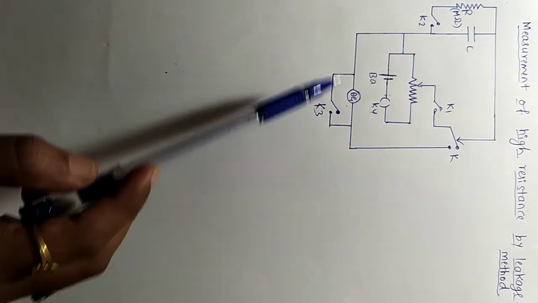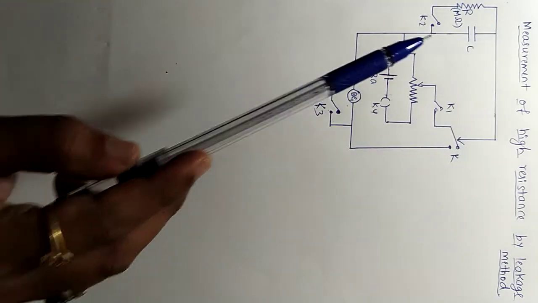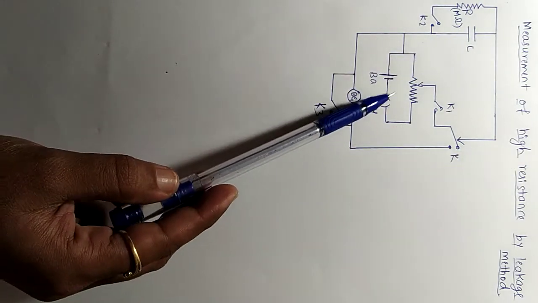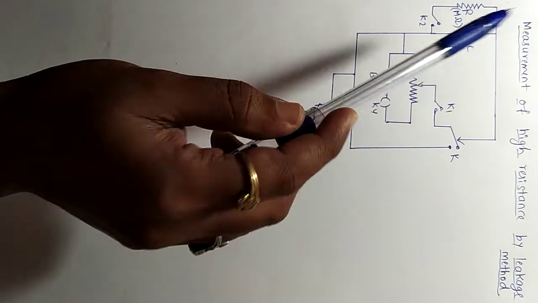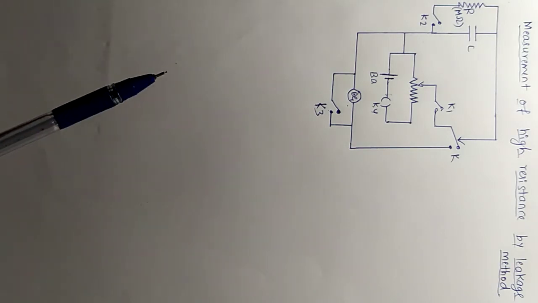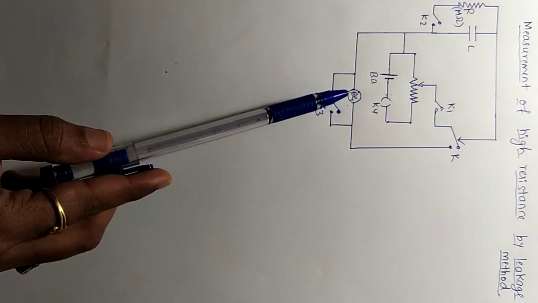See, when we press all the keys, the current starts to flow. When current is flowing in the circuit, then the capacitor starts to store the charges. At the same time, when you open the keys, whatever charges had been stored will start to leak through the capacitor. So when there are charges in a capacitor, that will be determined by the ballistic galvanometer. That is the function of the ballistic galvanometer. So I hope you understood every element of this circuit diagram.